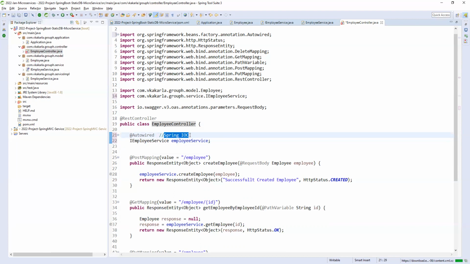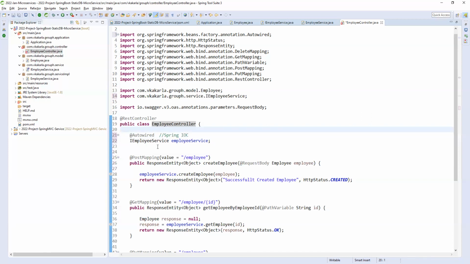We can also call it inversion of control. Previously, the control to create an object was in our hand. Now the control is completely inverted; it is taken by the Spring container. That is the reason it is called inversion of control. Whenever we call this service, only then will the Spring container create an object for it dynamically. That is taken care of by the Spring container. Are you clear?